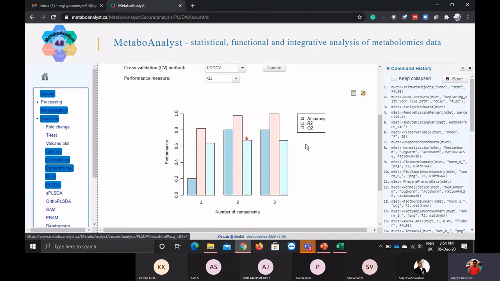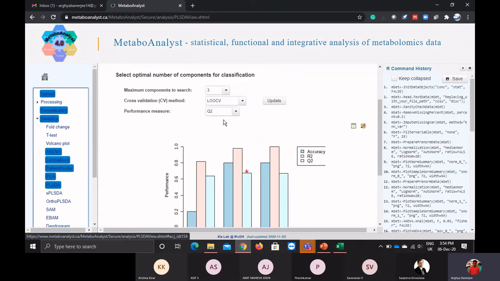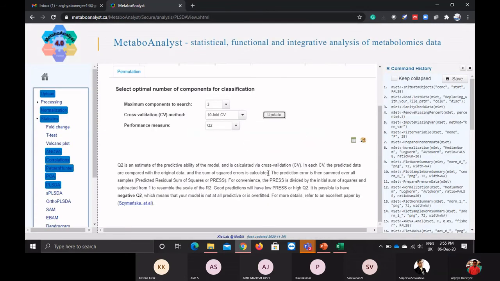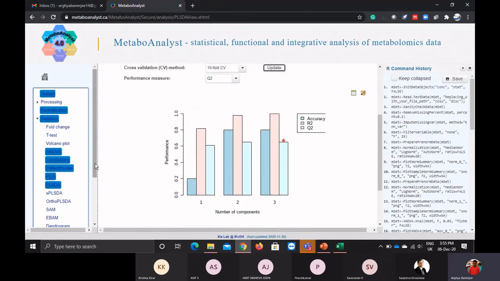You have to do a cross validation of that, from which you can get the accuracy, either R2 or Q2. You can download the accuracy table or the cross validation table from the Excel, and you can also change it. If you want to change the CV fold, it will update the CV fold also. See, this happens with my 10-fold CV or the Q2.